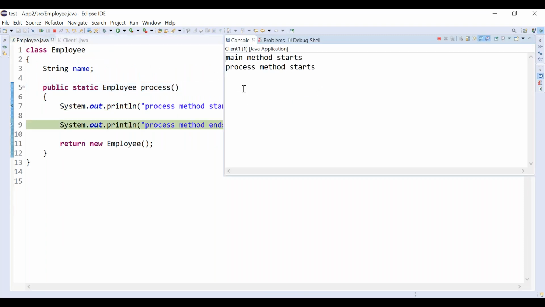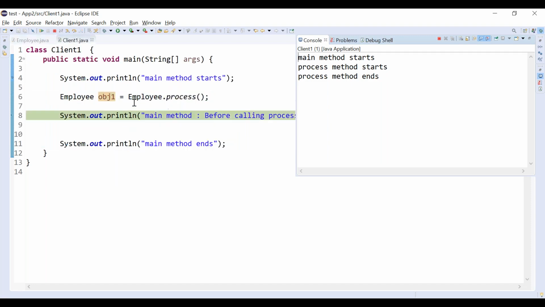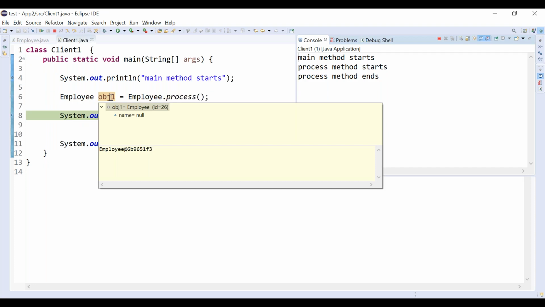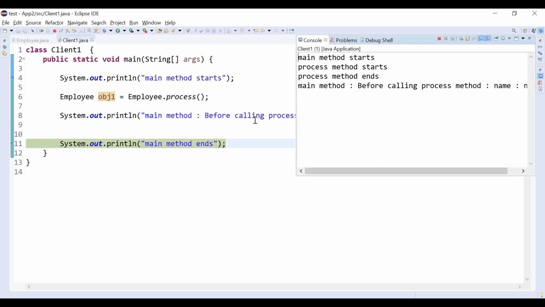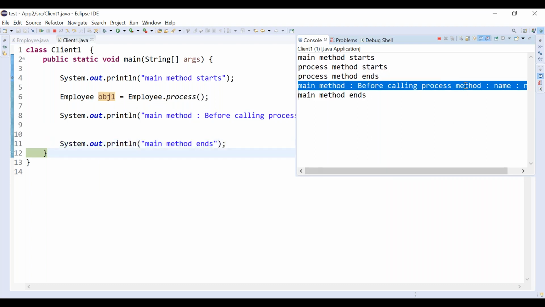Process method started, then process method ends. At the end of the process method, it should return employee type or not? We are creating an employee object and returning it in a single line. It is possible. Now obj1 is pointing to that object, right? But we did not initialize anything. That's okay, that value will be null. This is possible.